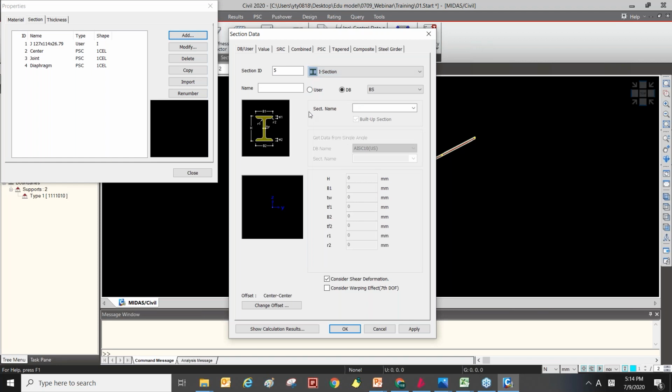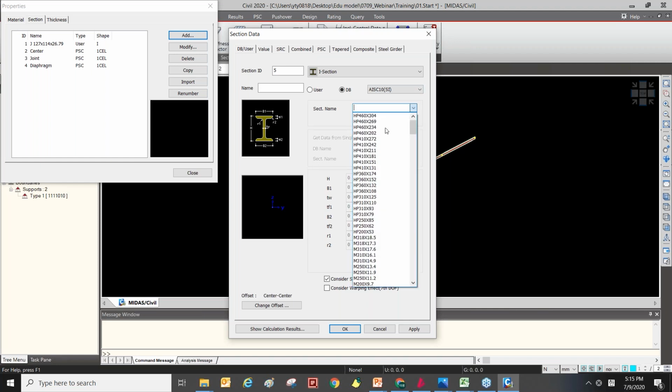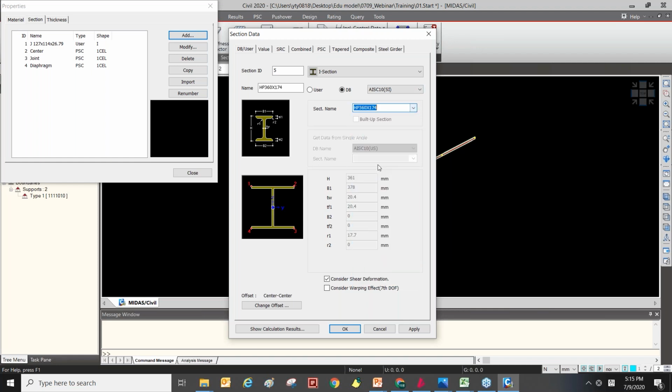And it has the user type and DB type. DB means database. So if you select the DB, you can select some national design code like British Standard or KS for Korean, and IES and AISC. After that, you can select the DB section here.